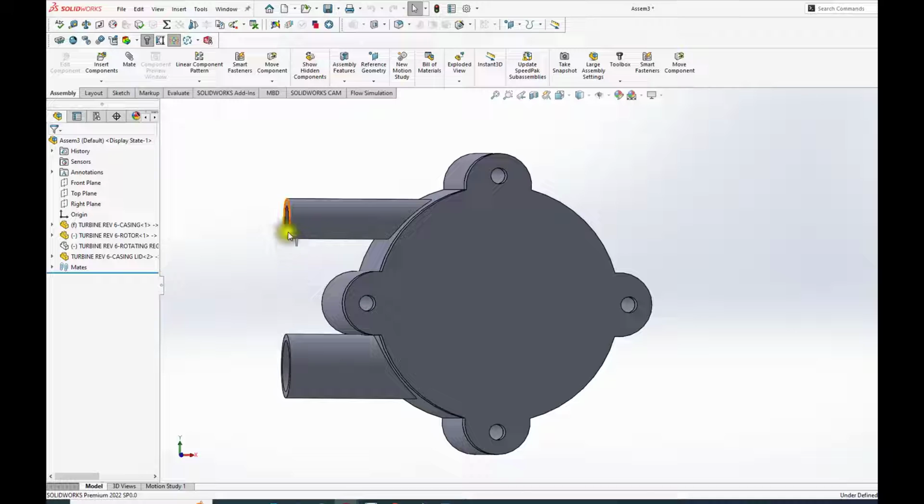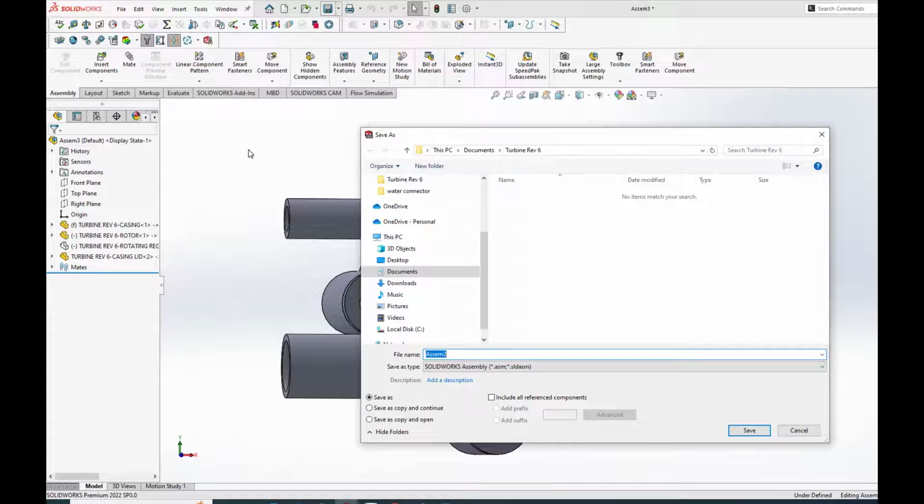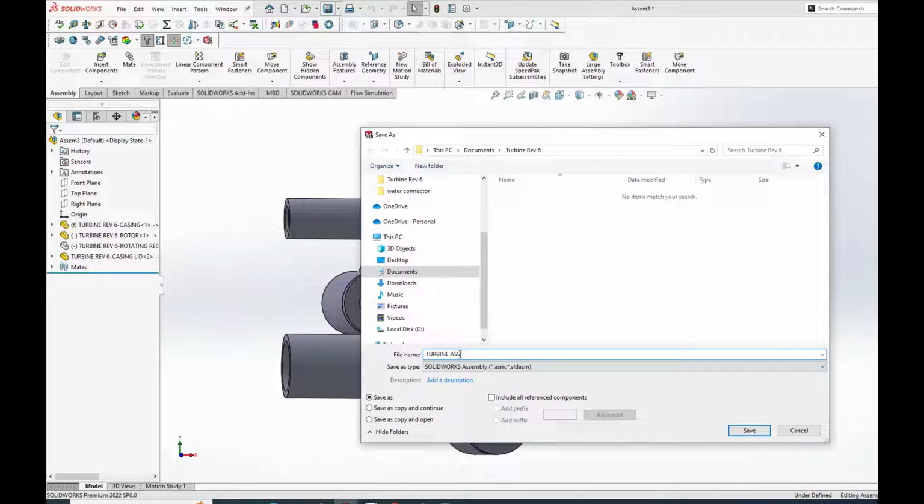So we are rebuilding, and let's save all, and this is going to be called Turbine Rep 6 assembly. A little bit. That's Rep 6. We save,